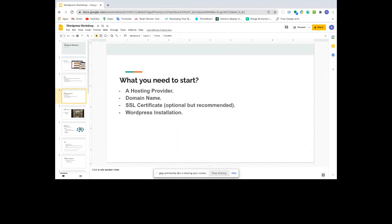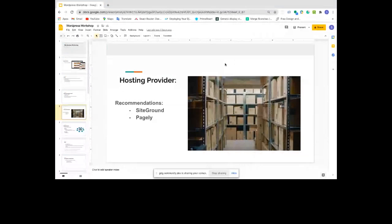So a hosting provider is similar to this picture that you see here. It's like a storage room, similar to a house, a storage area where all your website files are stored. It's like you're allocating space on the server. The server is like the internet for your website to be available for everyone. I would recommend two different hosting providers, mainly Pagely, and SiteGround. I won't go into details about them, but I'm going to give you my slides after